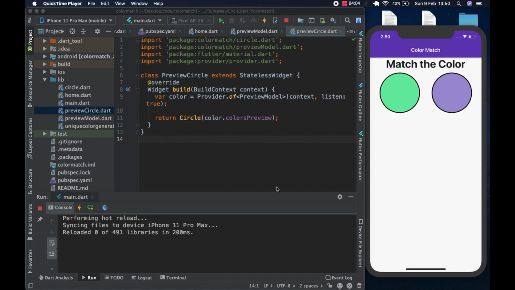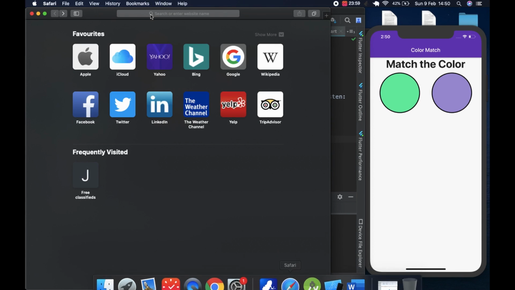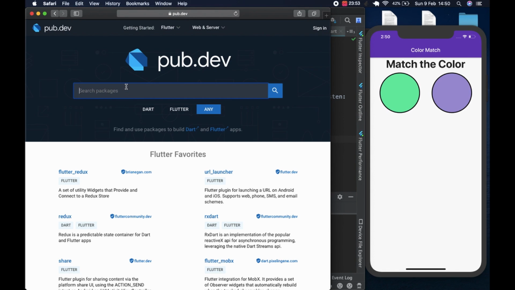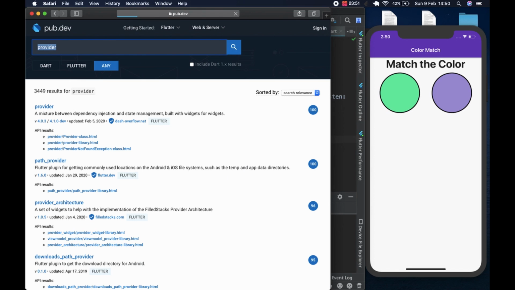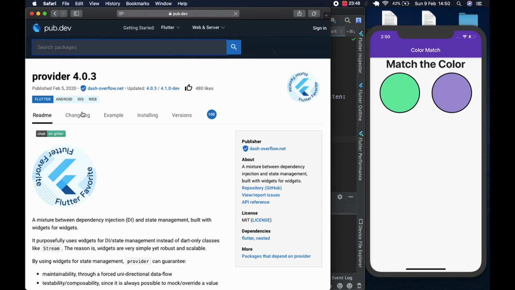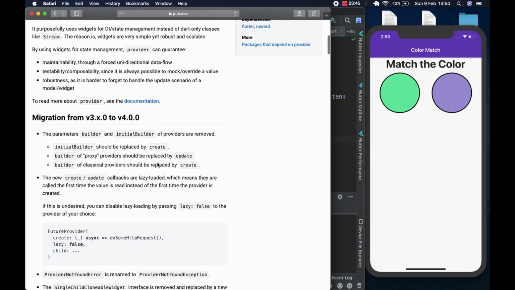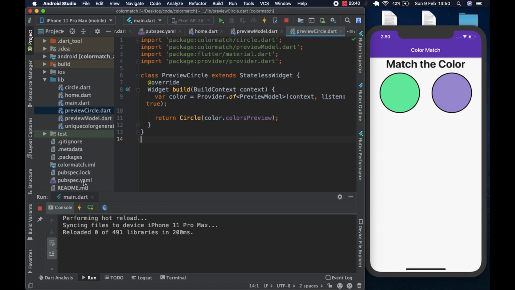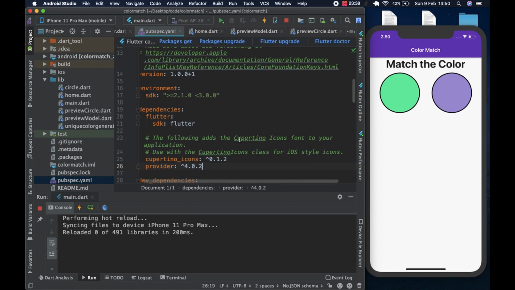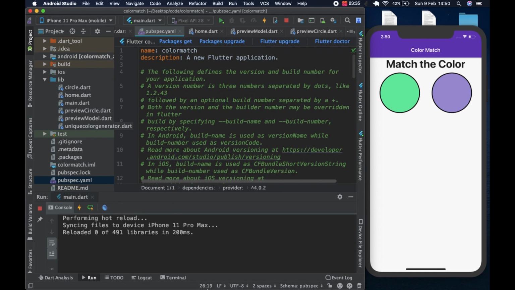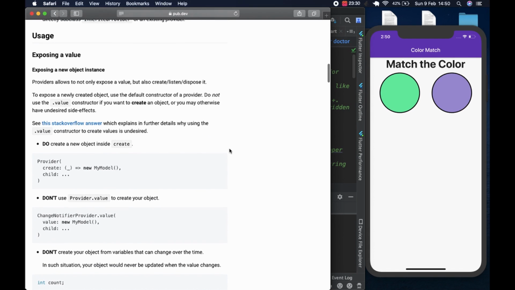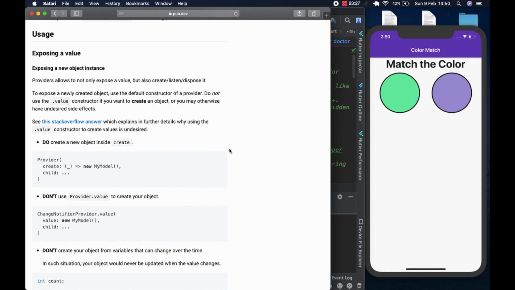Let's go to pub.dev to have a look at some of the documentation for provider. We're going to come here and go to pub.dev and search for the provider package. Click here. Now this is what we're going to use. Currently, I think we're on 4.0.1. Let me just check. We're on 4.0.2, and you can read about how you expose